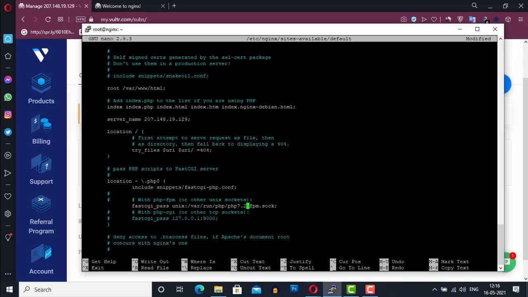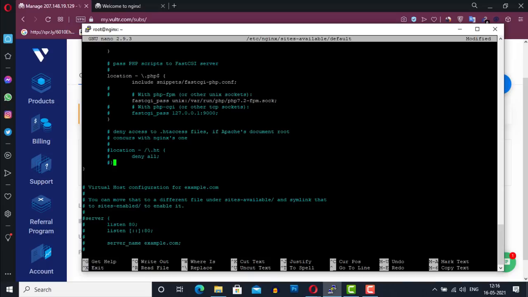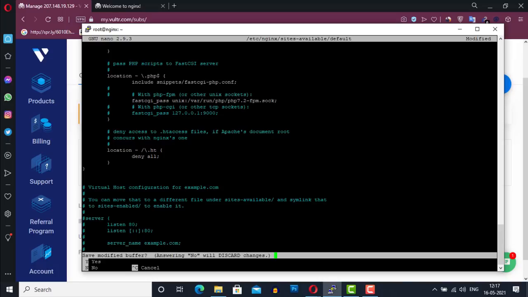These parameters will help our server to process the PHP files or content using FastCGI. If we don't uncomment these lines, the component that we will install later will not work. After uncommenting these lines, you have to uncomment this whole block. We have made the required changes in this block file. Now press Ctrl and X to exit. Press the Y key to apply the modifications and press enter to save.